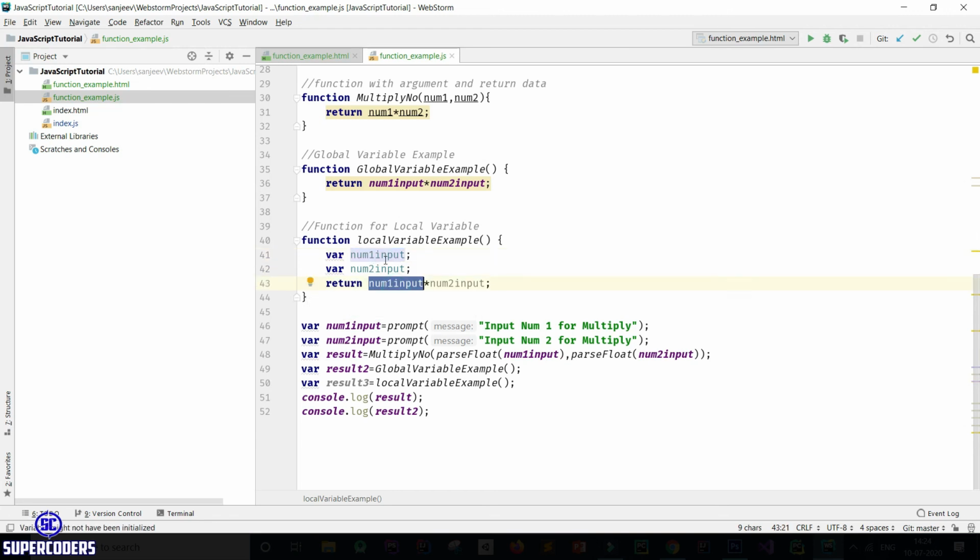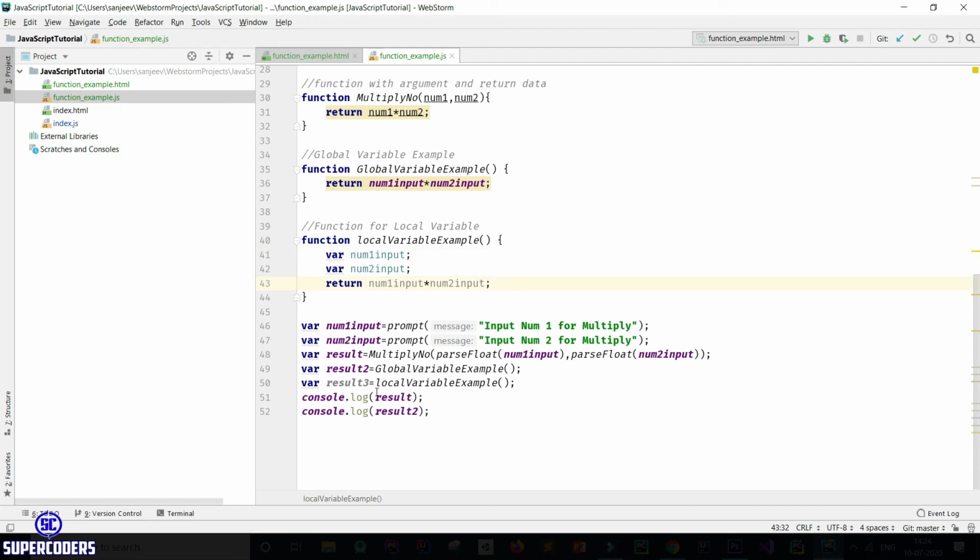You can see it's showing local variable and its color changed. Here its color shows purple, which is global variable, and this color is showing different. But this color will not work in other IDEs. If you are working in IntelliJ IDEA or WebStorm, this syntax will show you. So this is the example of global variable and local variable.